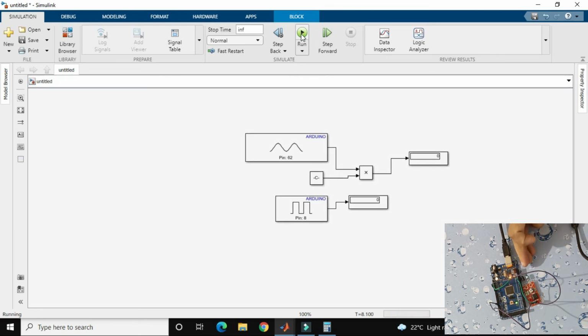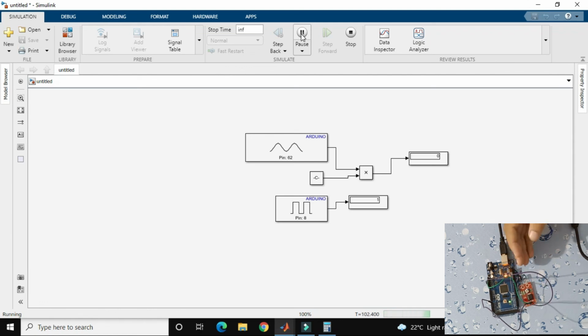Right now it is 0 and it is 3.4. It will vary. It may be 3.4 or 3.6. Because the maximum value of VCC is 5 in this case, and the maximum value in the case of analog is 0 to 1024. That's why. Okay, so this is how you can interface your IR sensor with Arduino Mega using digital pin and using analog pin. Thank you.